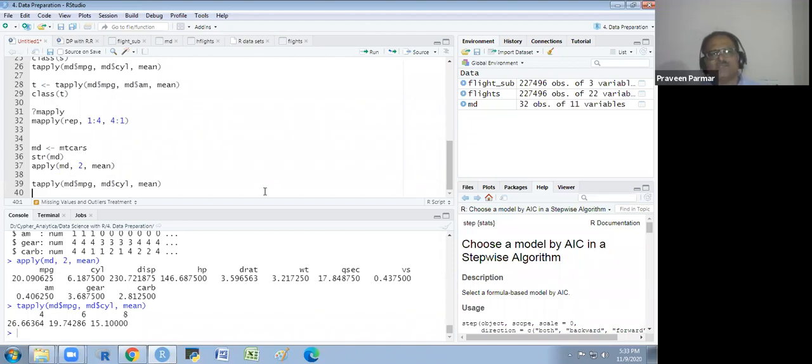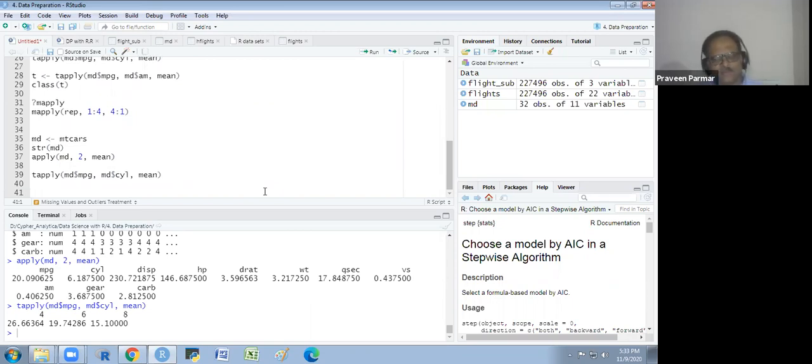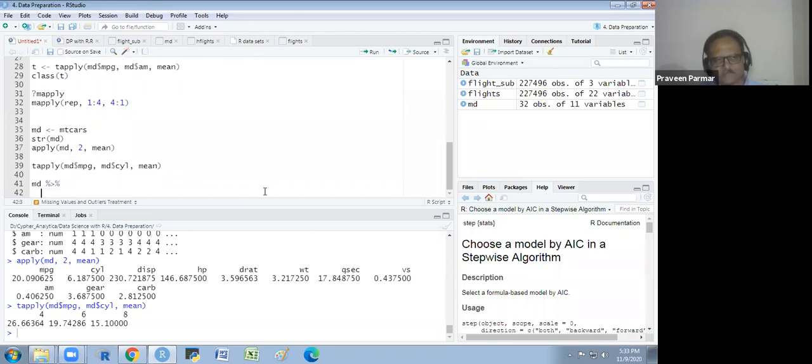That is grouping and summarizing. So I use the data mtcars, and what I want to do here is group by cylinder. We have the cylinder column.